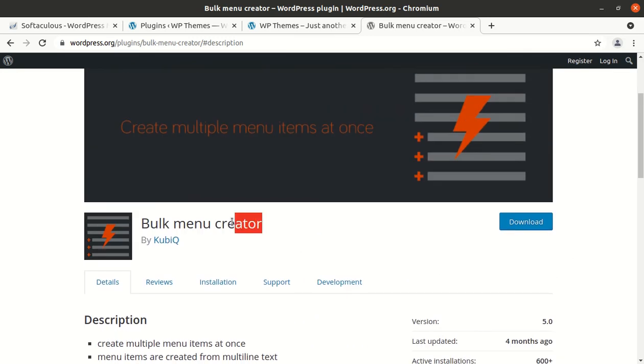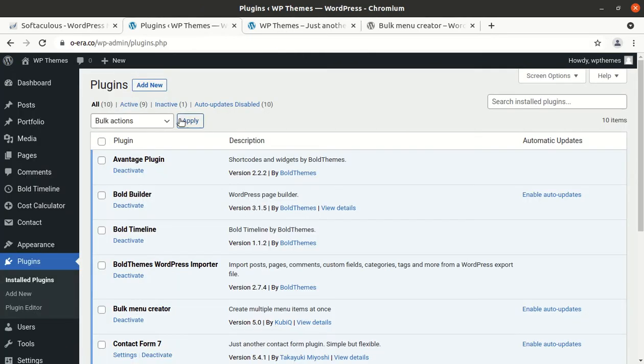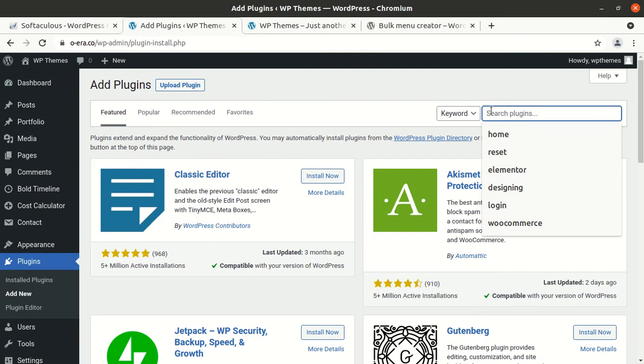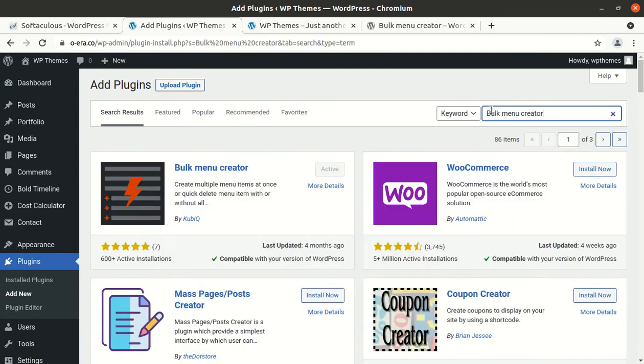For this we have to install Bulk Menu Creator on our WordPress installation. So just go to the plugin section, click on add new and search for Bulk Menu Creator. Since I have already installed this plugin, it is showing active now.